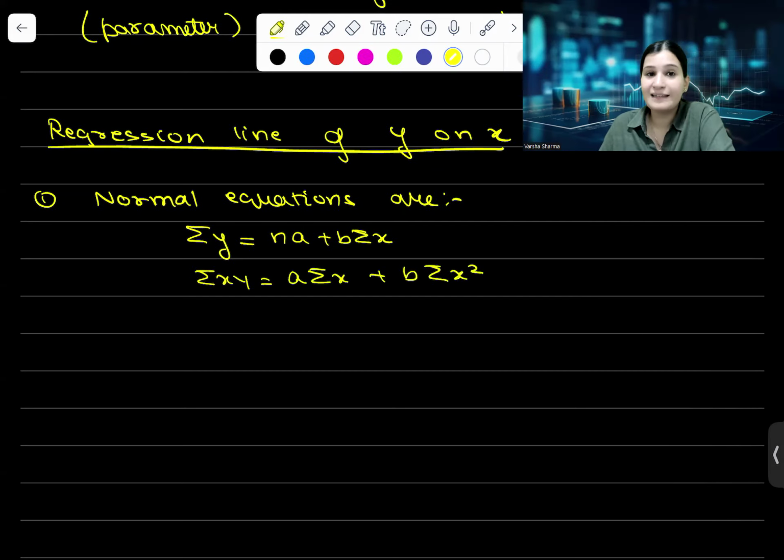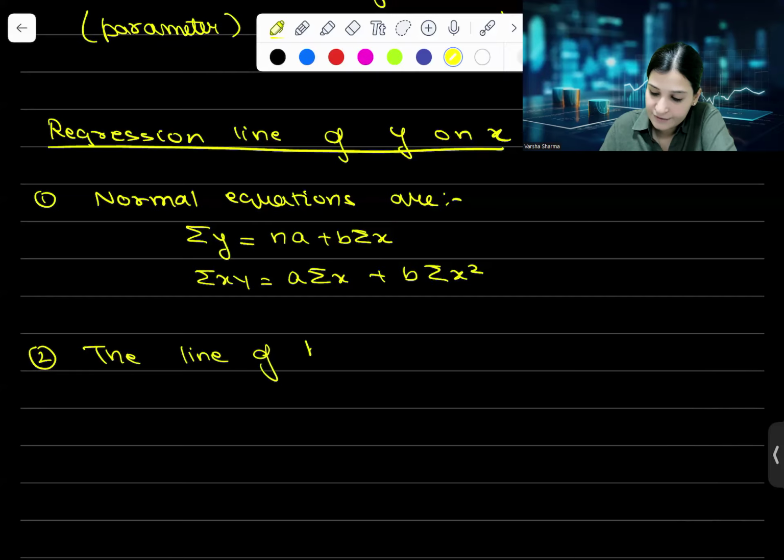From here, the formulas are derived. What is the actual formula? The line of best fit is y is equal to a plus bx,